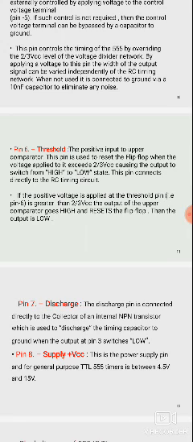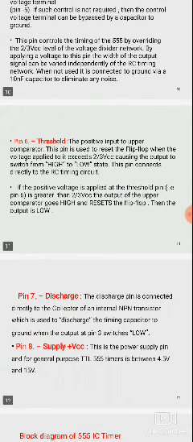At 2/3 VCC, the output switches from high state to low state. Up to 1/3 VCC, the state changes from low state to high state. Whenever it reaches 2/3 VCC, the reset flip-flop is triggered and the output changes from high state to low state. At 1/3 VCC low to high, at 2/3 VCC high to low.